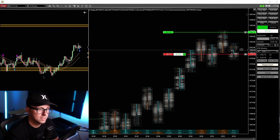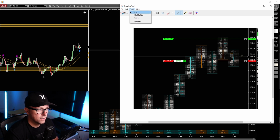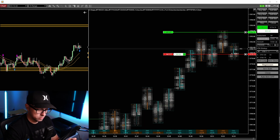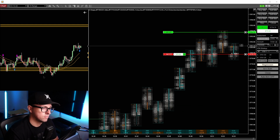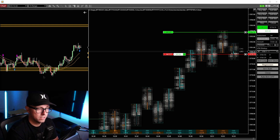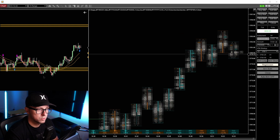Again, it's that anxiety, right? It's the anxiety of giving back profits. Even though I scaled down to just one contract, just let it work. Losing trades are usually long, so that's another thing that I had to take into consideration. Our target is 37.8375, so let's take a look how it plays out here, because we will get stopped out